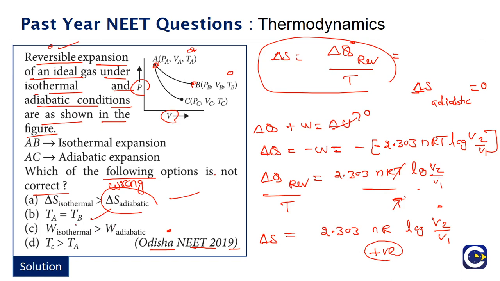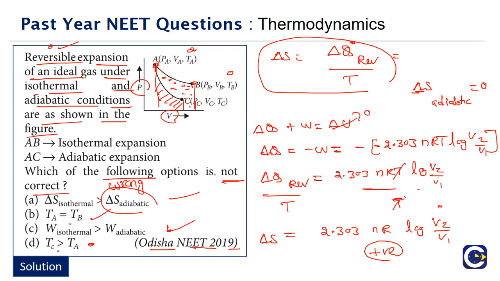Then option C is saying W in case of isothermal is more than W adiabatic. Remember the PV graph, the indicator diagram. Work in case of the reversible process is given by the area under the PV graph. We can clearly see that the area below the isothermal part is more than the area below the adiabatic. So here also work in case of the isothermal is more than work in case of the adiabatic. That is also correct. By now itself we can conclude the option for this question, because they are asking which is the incorrect, or the wrong statement. Then definitely option D must be the wrong one, but we'll just check it.